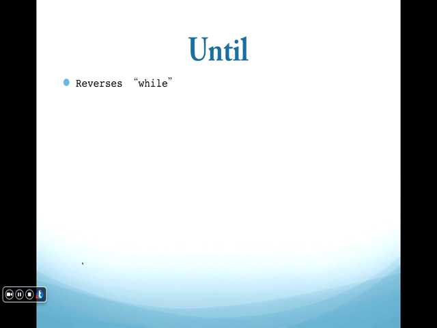Until. So it's reverse while. Let me remind you with while. We had while with a Boolean statement. We are saying while is not G bigger than I, do the following block. So instead of saying that, you will say until the statement is true, do the following. So until G is bigger than I,